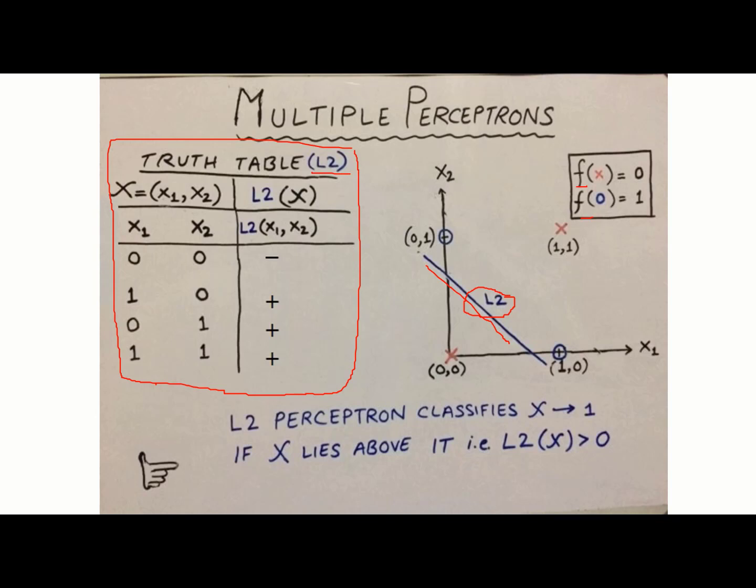So at the input side, the input is still binary, but the output is not 0 and 1. I'm going to use plus and minus, and there is a good reason for that. Because the output is a number that we obtain the moment we plug the data point into the equation of a straight line. In this case, the straight